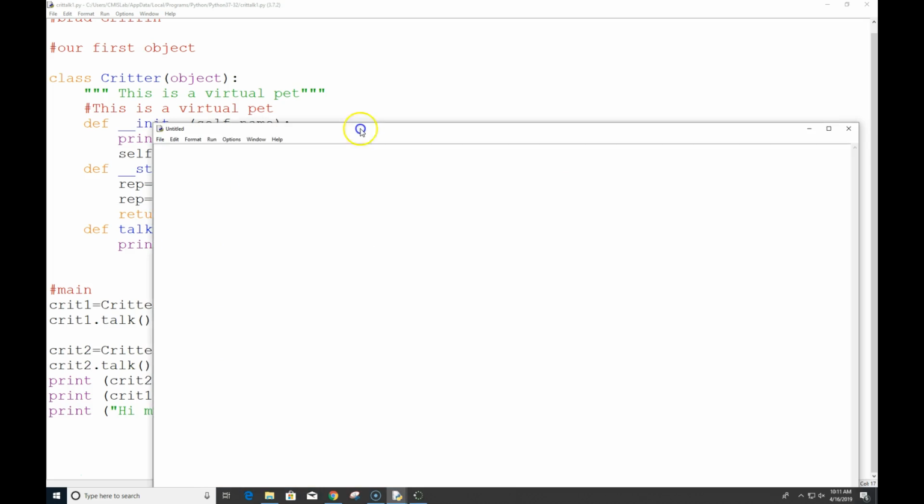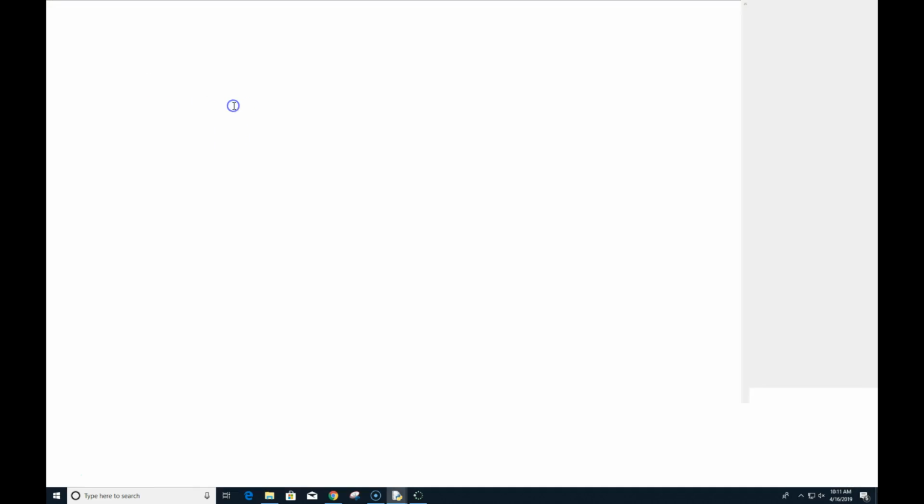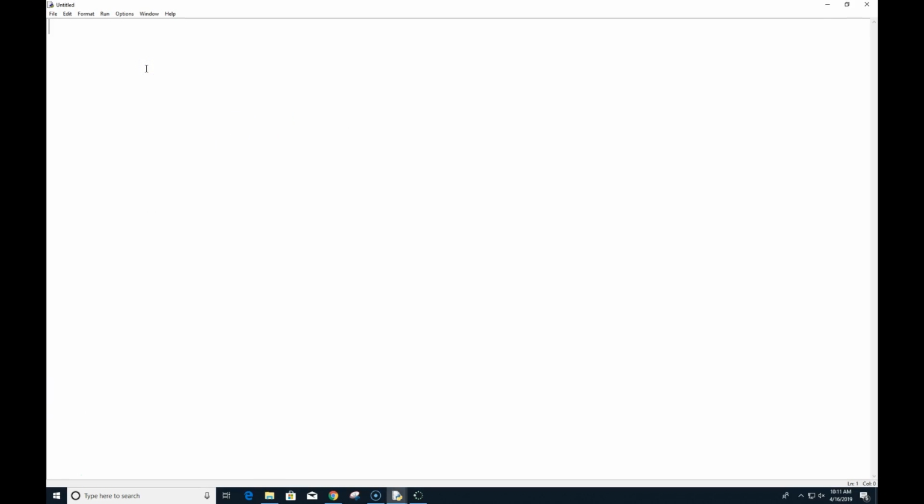So we're going to use some of the same things we've done, but we're going to create an entirely new critter. And we're going to call this one Classy Critter. And we're going to talk about some other pieces in here.